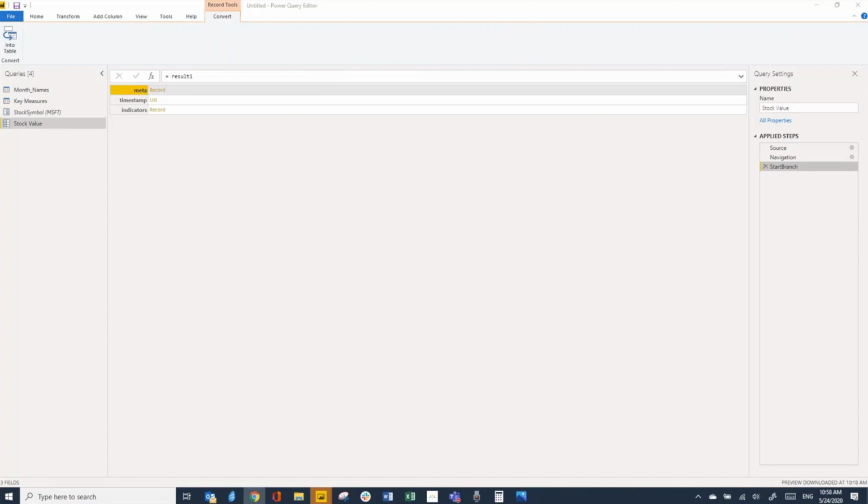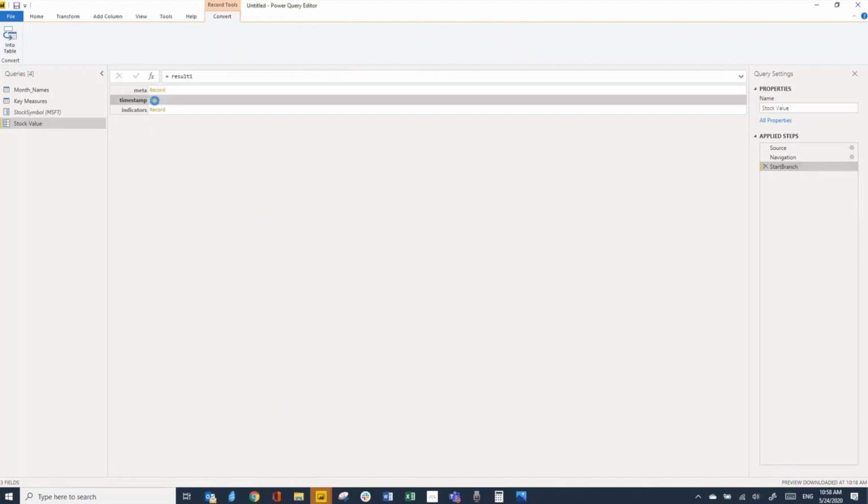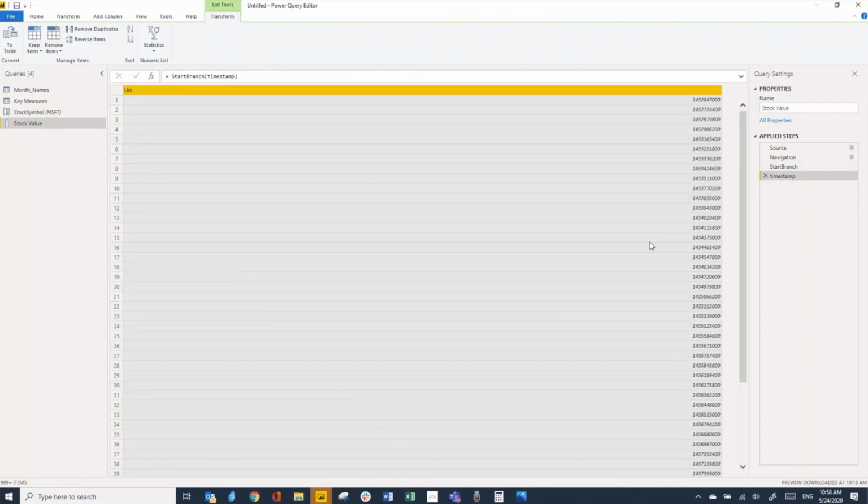Perfect. And then what we're going to do is click on the timestamp and list. And that gets us to this, which these are all your dates, actually, even if it doesn't look like it. We'll get it to a better format. So we've got the toTable function up here. Power BI is already going to help us there. Hit toTable